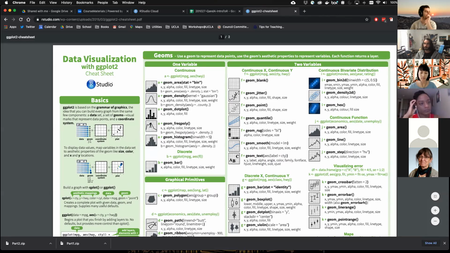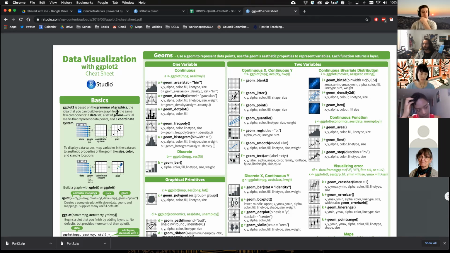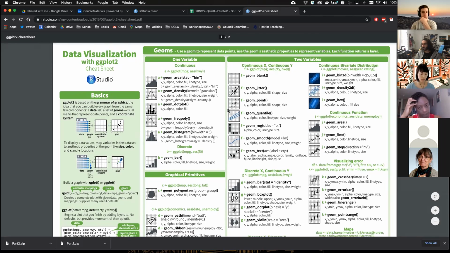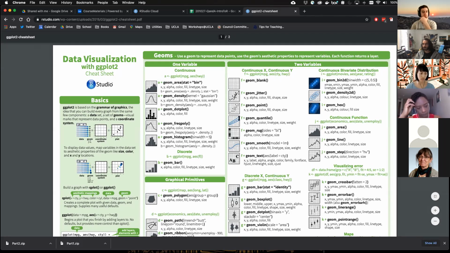So as I had mentioned, ggplot, the GG in ggplot means the grammar of graphics. And within the grammar of graphics, there's three essential components. There's the data set, there's the coordinate system, and there's the geometries. And we covered that yesterday, and we can see a couple of examples within the course materials. What the ggplot cheat sheet does is it shows you the different geometries that you can use that are associated with this cheat sheet. And they'll show you these different options that could be useful for different types of data